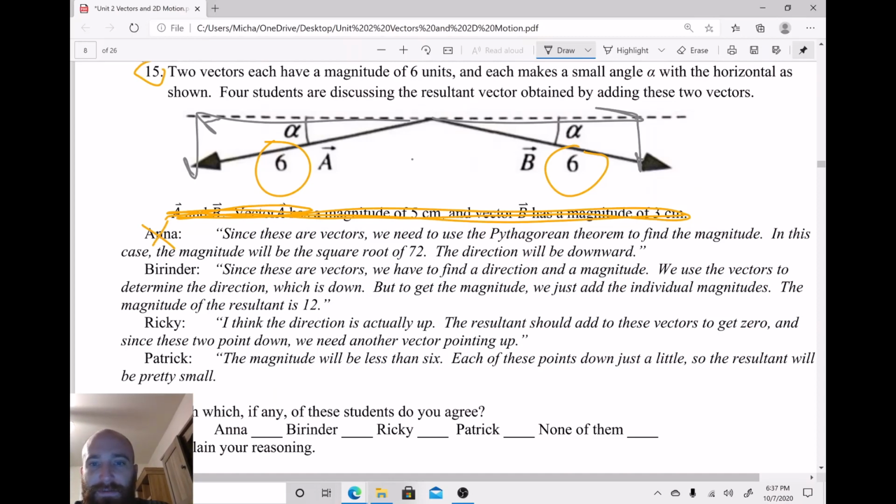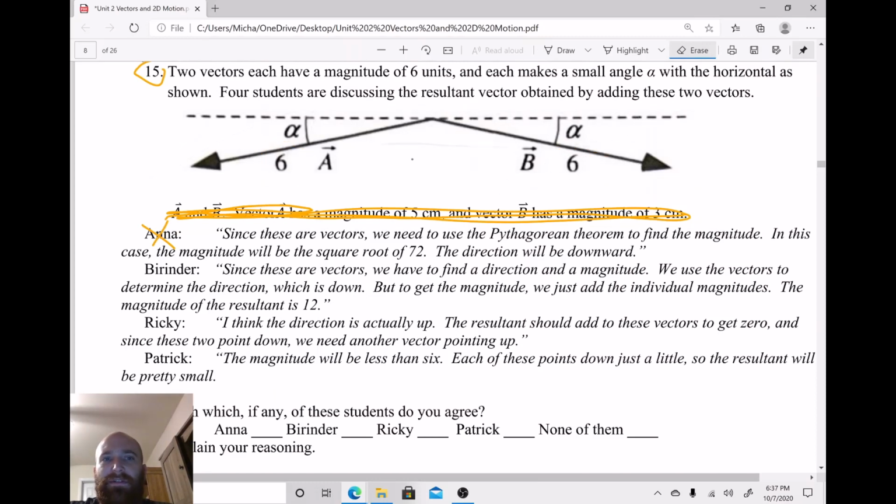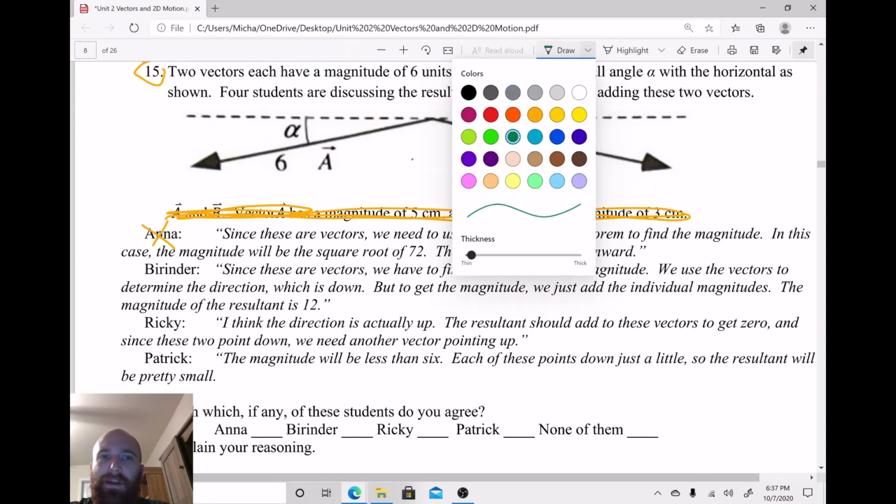Barinder says, since these are vectors, we have to find a direction and a magnitude. We use the vectors to determine the direction, which is down, but to get the magnitude, we just add them. The magnitude of the resultant is 12. Well, let's see what we got here. So Barinder says the direction is going to be down, and you can just use the vectors to figure that out. And he's kind of right,